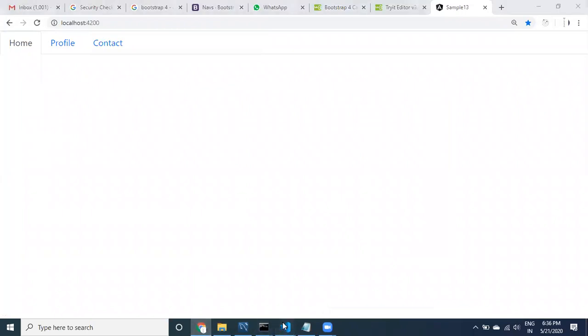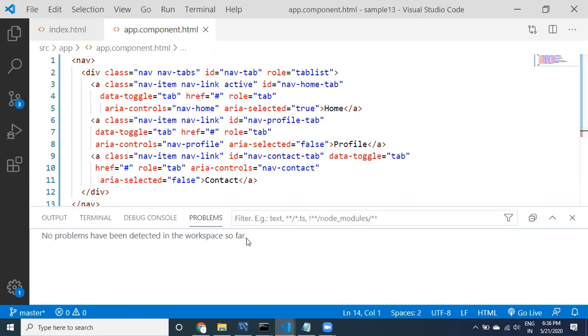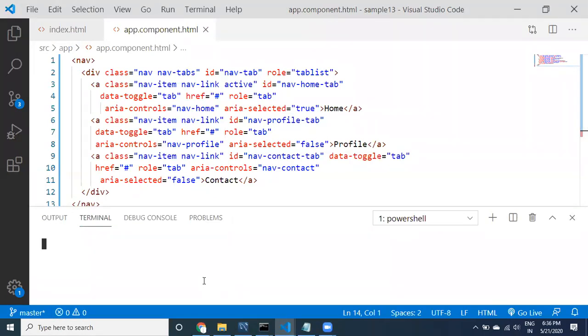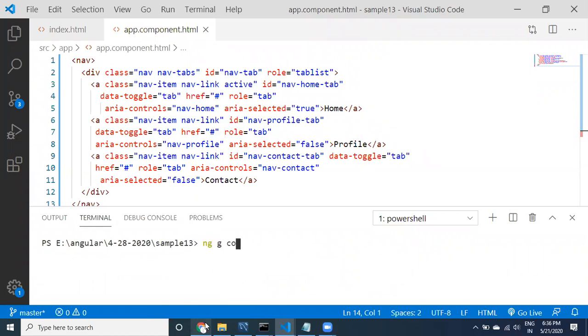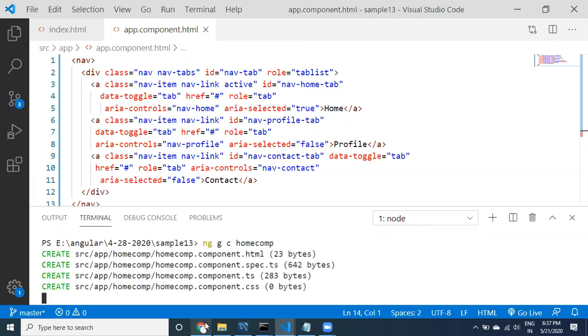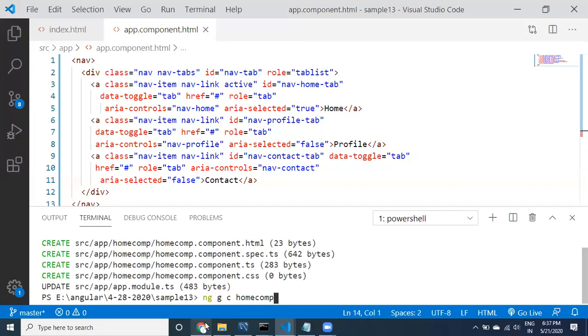Let us go here, and I'm going to create the components. ng generate component, I want to take home component, and then profile component, ng generate profile component.